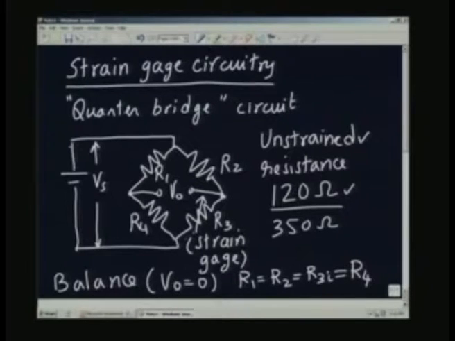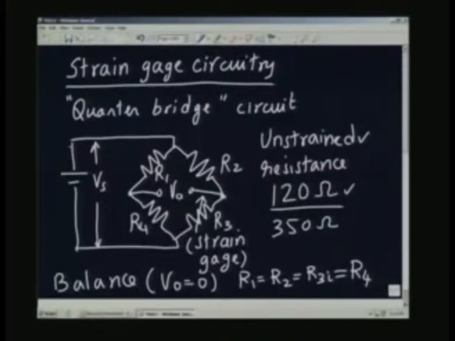If it is compressive strain or elongation, what happens? If it is elongation, the resistance R3 is going to change to a higher value; R3 will increase. This is what we have seen from the basic theoretical framework of the strain gauge, R equal to rho L by A. We have discussed already the way the length is going to change, the elongation, and the area is going to change because of the Poisson ratio.